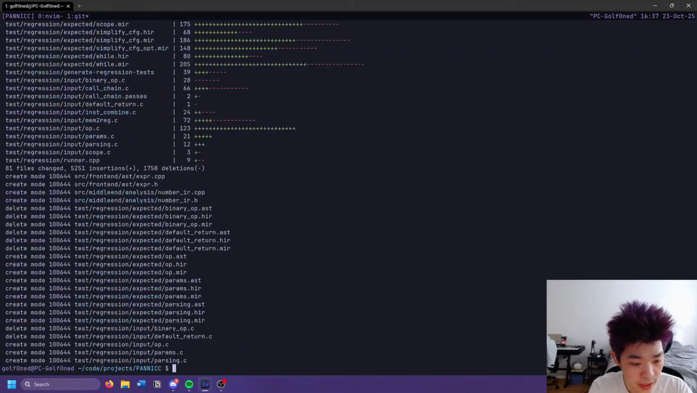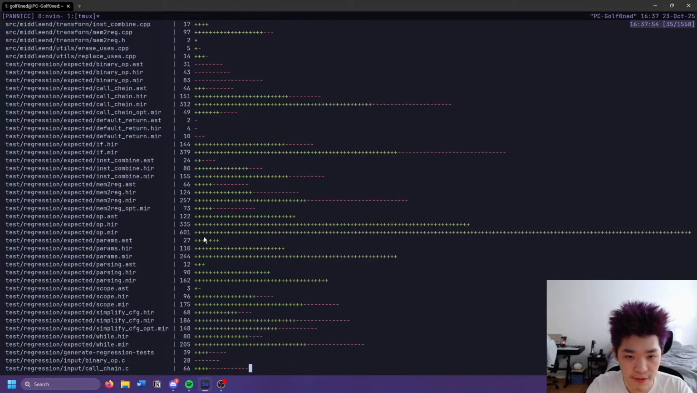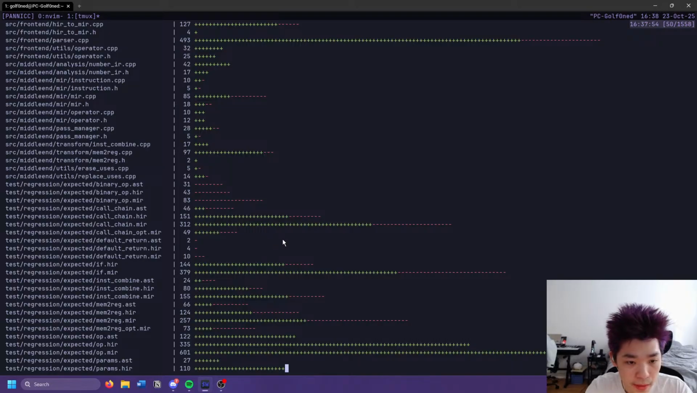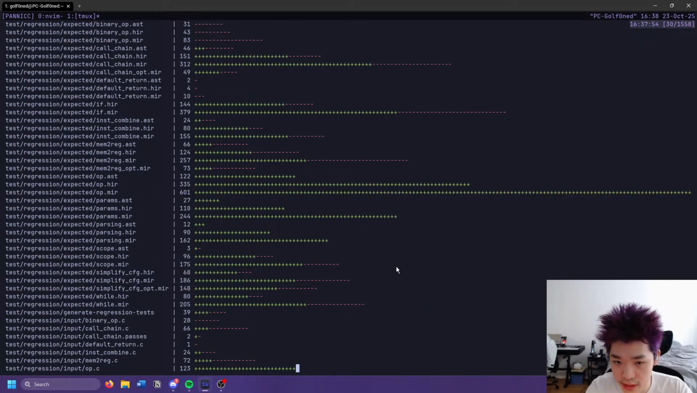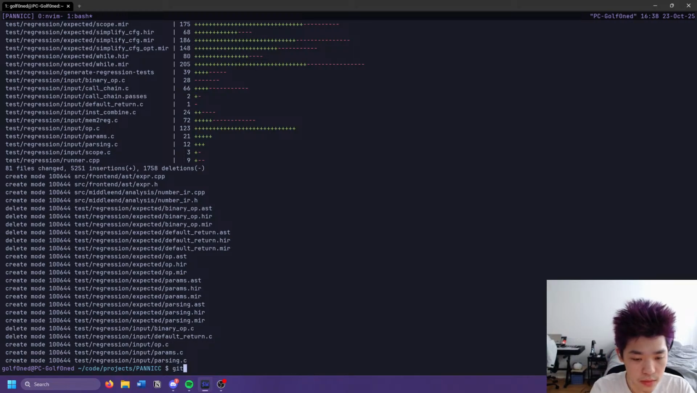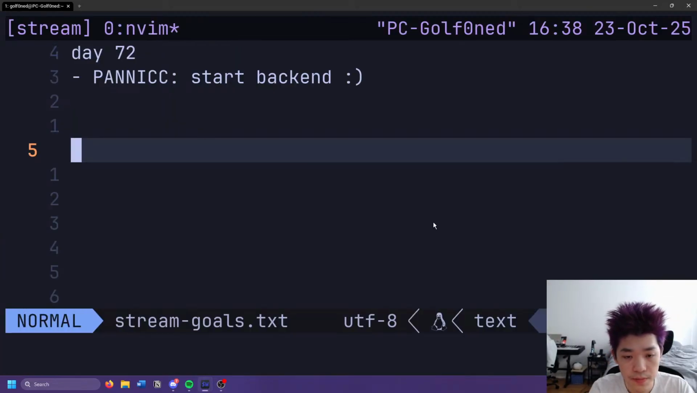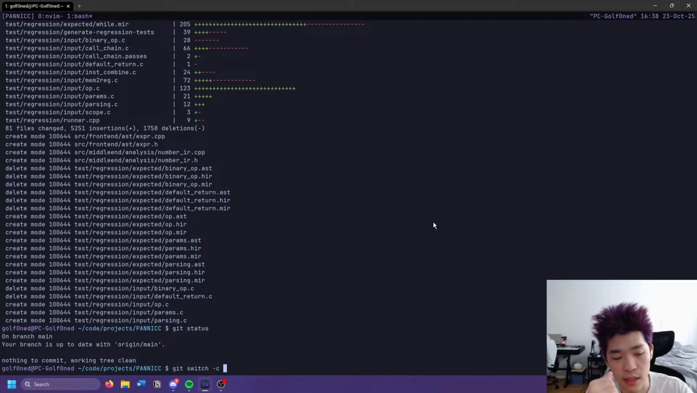Yeah, so we can pull now. Yippee. Look at all the stuff we did, all the stuff we did across two weeks. That's so cool. Parser is a lot of stuff. Tests have a lot of stuff. That's really funny. Okay. Let's see, where do we go from here? Let's make a branch. It's going to be the backend, so